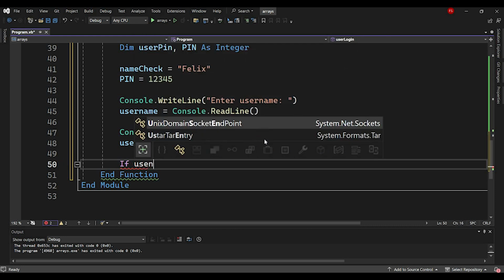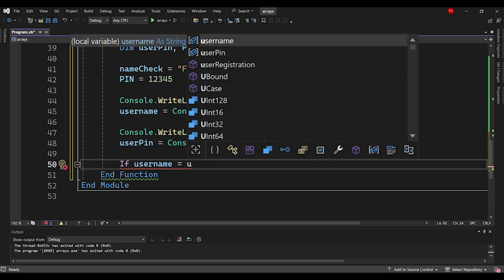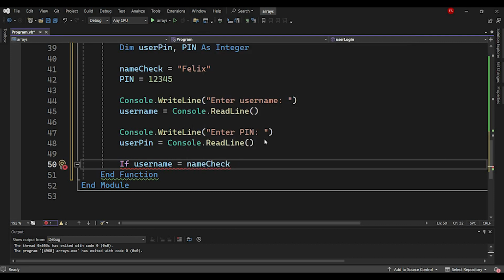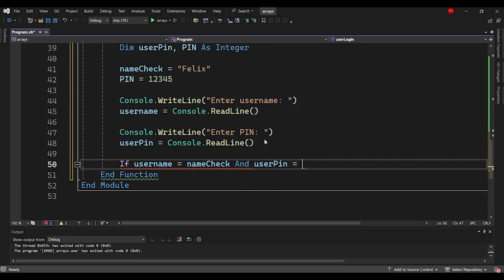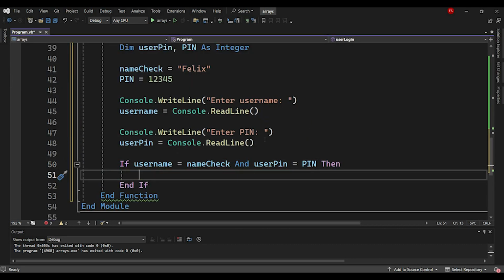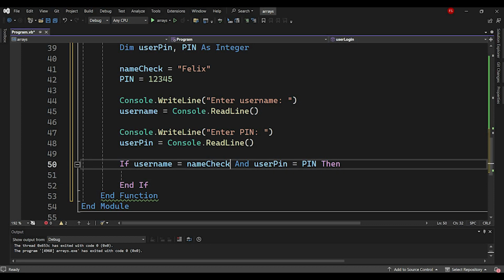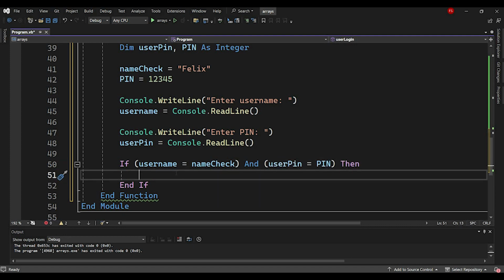username is equal to name check, and user pin is equal to pin, then, so as not to confuse us, we can even bring this one into parentheses just for clarity's sake. All right, so we bring this one in there. So if